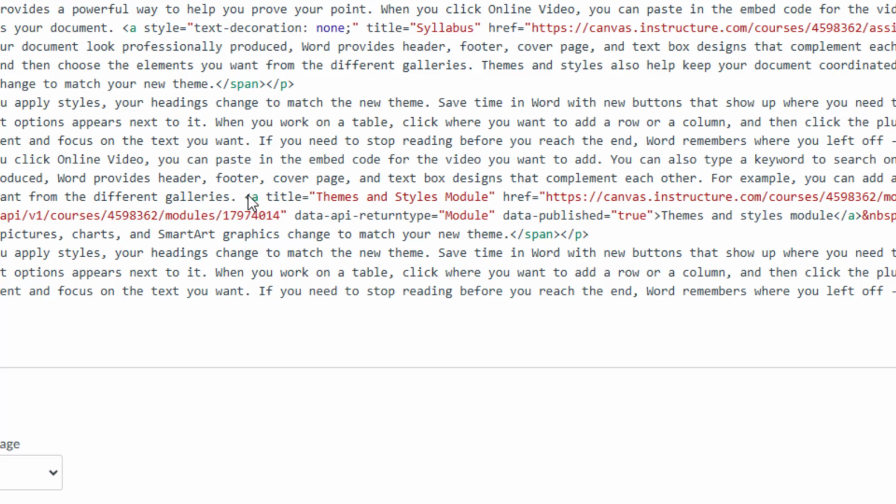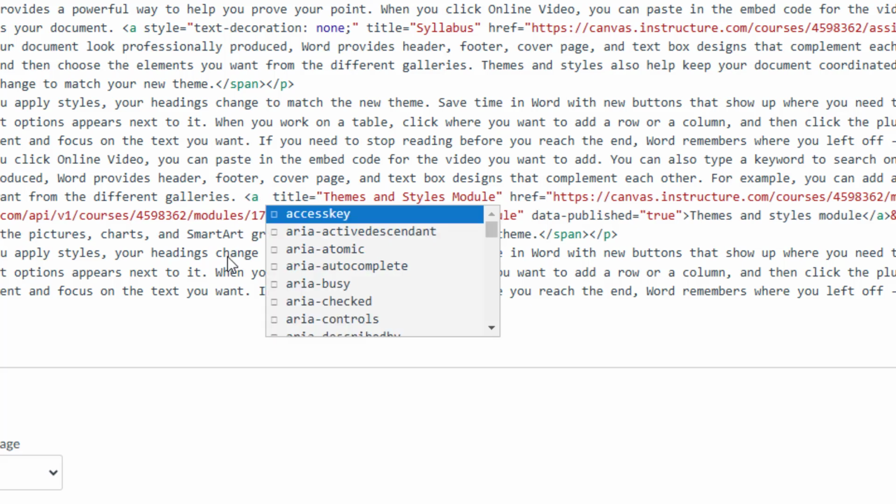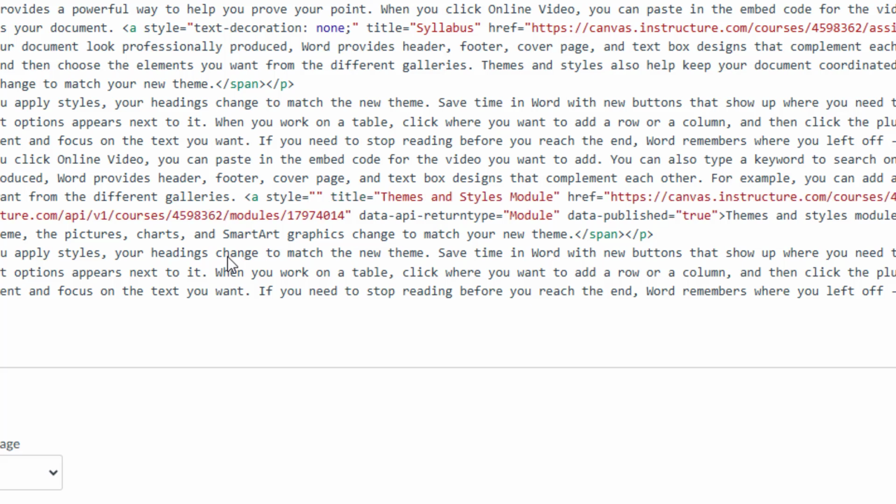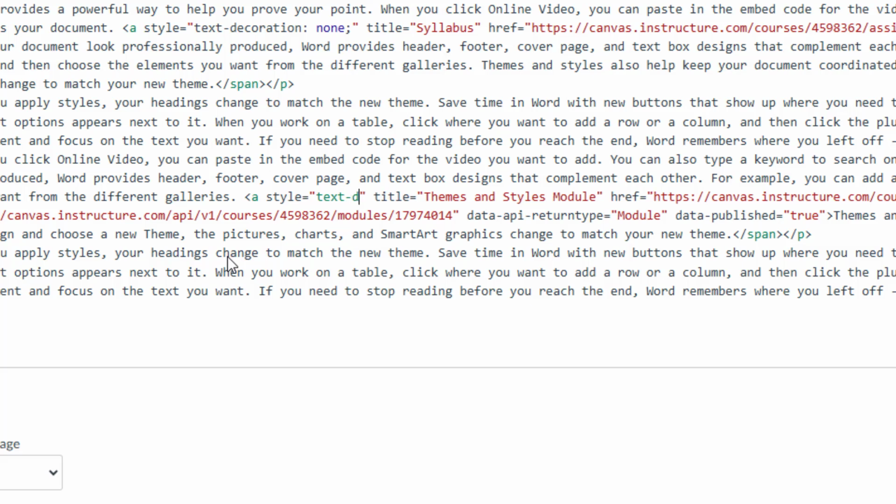Position your cursor immediately after the A tag, then press the spacebar first. Now type style equal open and close quotation. Between the quotation marks, type text-decoration: none;